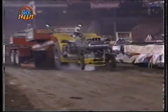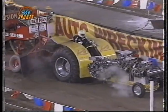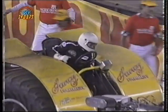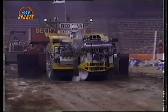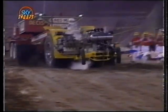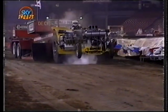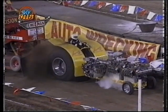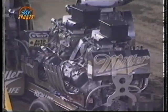Looks like a little bit of smoke that we're not used to seeing out of Robert Elliott. Don't know if there's an engine problem out of one of those Keith Black Hemis, and that could be the case. Whatever it is, it appears something went away for Bob Elliott, and I don't think he's going to be real happy with the pull, yet we can't gauge the relative strength of it because there's so much more weight added to the sled until we see some more competitors. There's Robert Elliott, the Fancy Farmer. Whatever problems he had came near the end of the run,